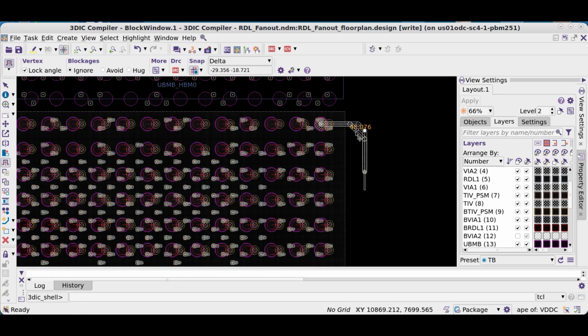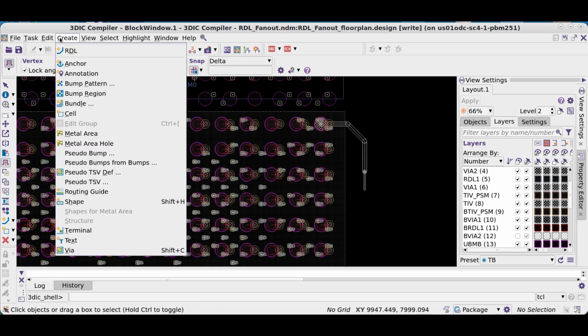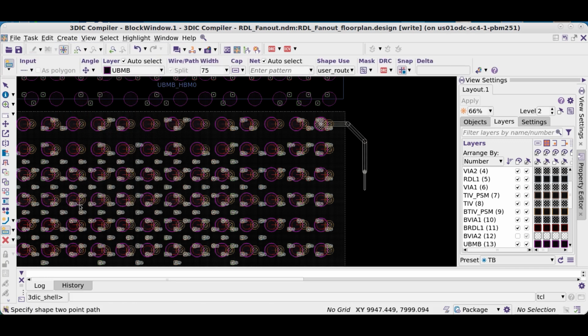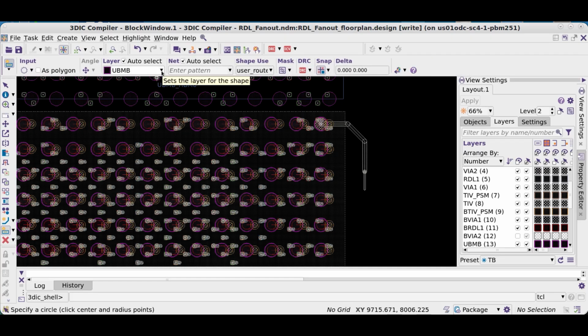You can also shift and stretch the routing using the stretch tool. You can also create new shapes, rectangles, polygons, etc. Here we create a circular shape on a specified layer.